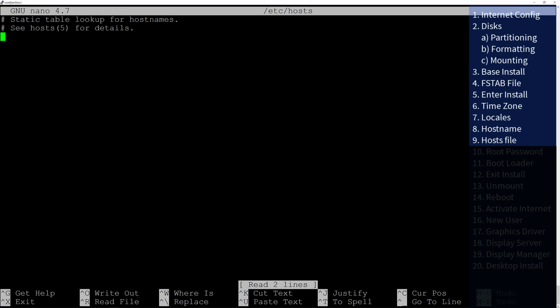Move down to the empty space and type in these lines: 127.0.0.1, tab, localhost. Next line, ::1, tab, localhost again. And on the last line, 127.0.1.1, a tab, and then the host name. So in my case, arch.localdomain, and then a tab again, and the host name again. So in my case, arch. You'll change this accordingly. And then Ctrl-O and enter to save the file, and Ctrl-X to exit the